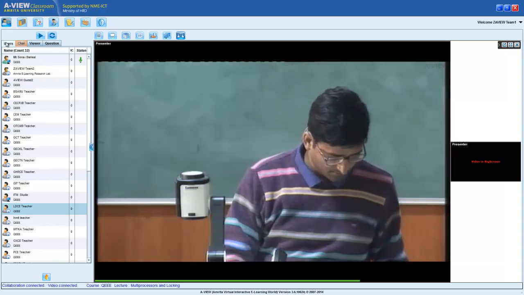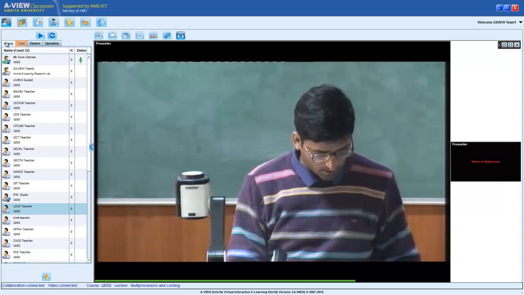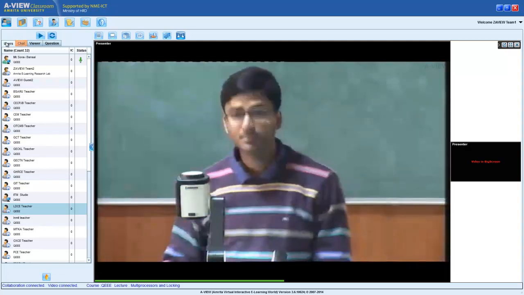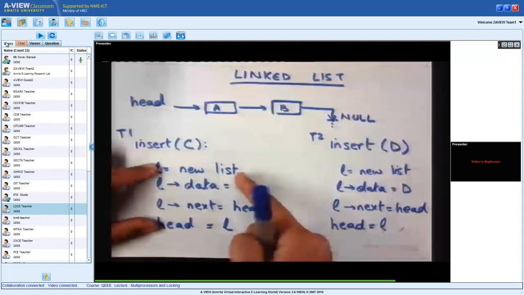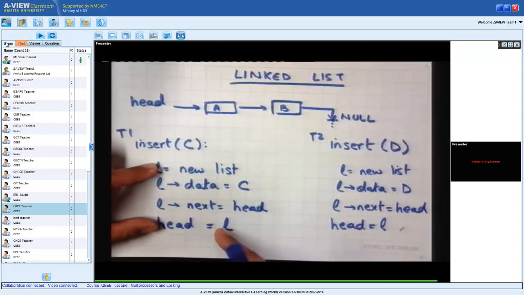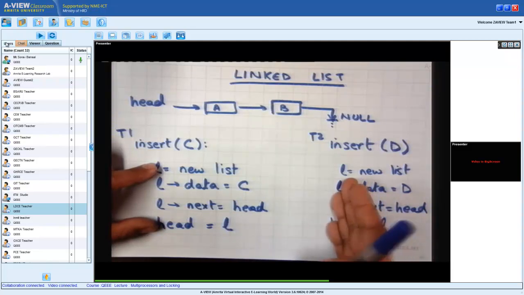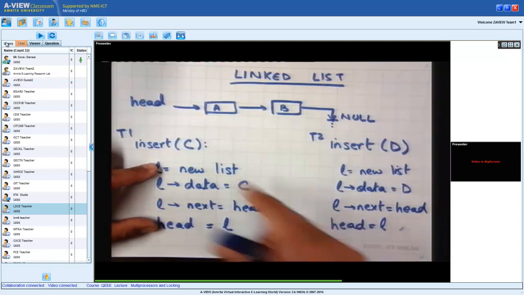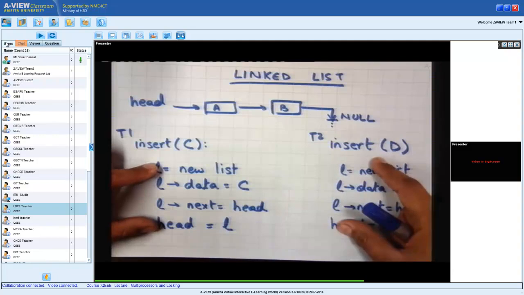So that's what's happening. In the case of a linked list, let's say this is my linked list code. I wanted to say that while I'm executing these 4 instructions, please don't ever execute these same 4 instructions at the same time. While I'm executing it, wait for me to finish and then execute it.